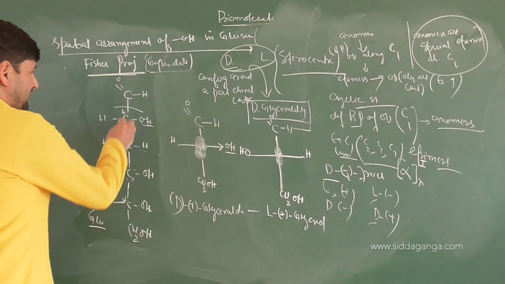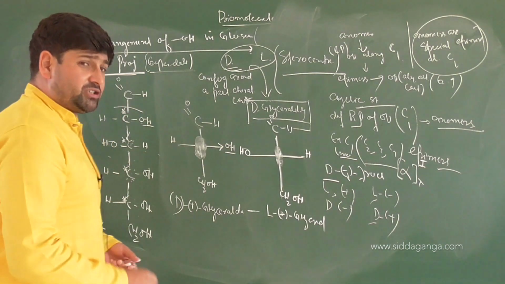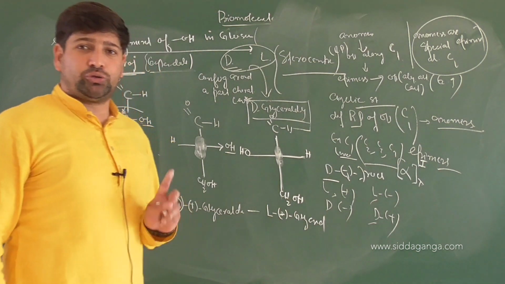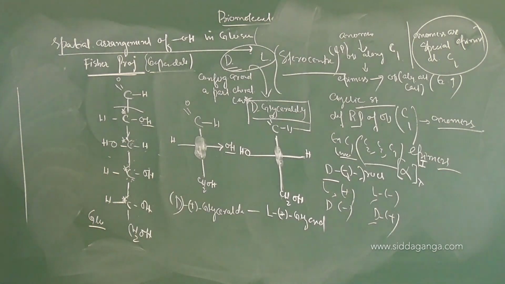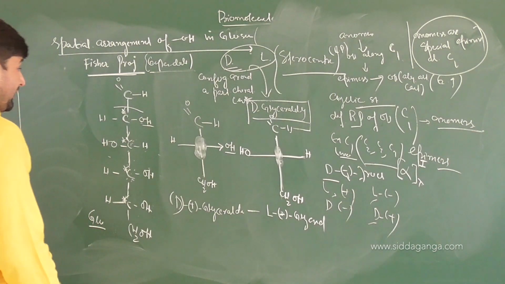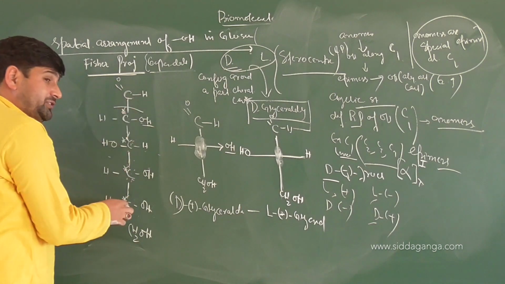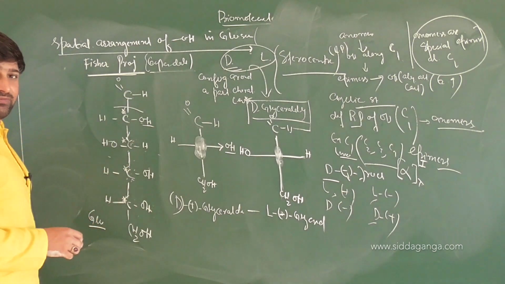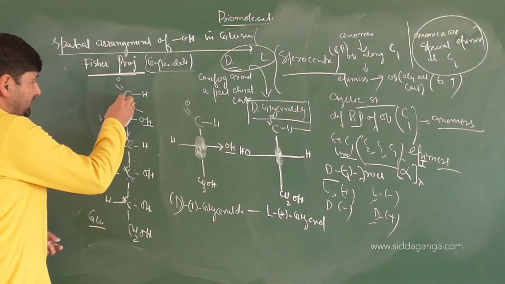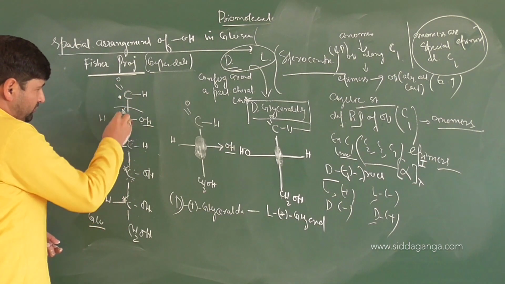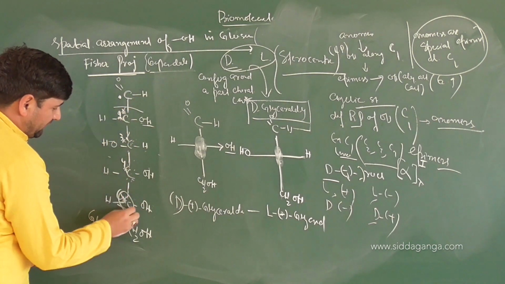Now sir, there are 4 chiral centers. Now you are asking which particular chiral center we should take. There are 2 ways to represent it. One, when I talk about which chiral center, I am talking about the chiral center which is at the lowest position in the Fischer projection. This is carbon number 2, 3, 4 and 5. That is carbon number 5 for us, right?